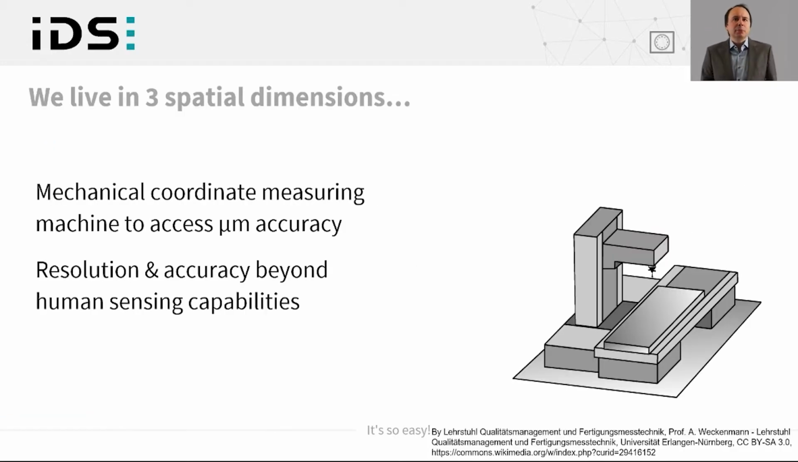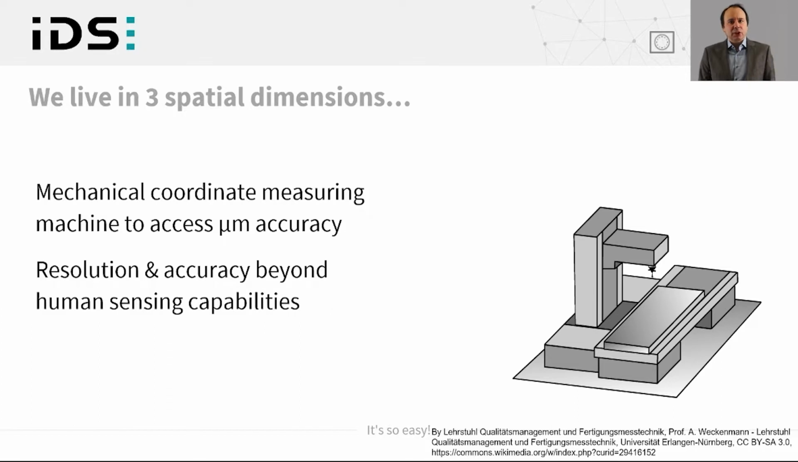So why should we care about 3D sensing at all? The basic answer to this is that our world comprises 3 spatial dimensions, and thus 3D sensing, and only 3D sensing, gives a more complete account of our world. And historically,